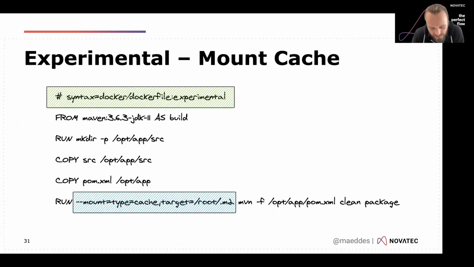One of the things that you probably have seen whenever you run a Maven build in a container is that there are no cached objects. So it will always run the Maven command as it would be running it for the first time. Docker containers can mount volumes from the underlying operating system. However, Dockerfiles were not able to do this up to this point. So with this feature, you can also mount your local Maven cache. And then if you rerun the container build, you don't have to download all the things again, which might make your execution a lot faster.